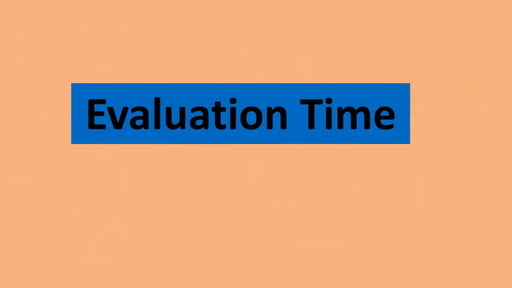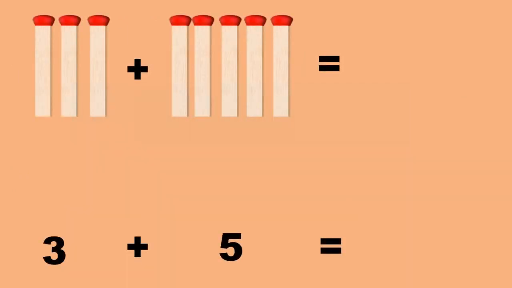Now student, evaluation time. Here we have number 5 plus 3. So first we have to identify which is the bigger number. Yes, 5 is a bigger number. So we have to add 3 more number to 5. So we have to count after 5. Still how many steps? 3 steps. We have to go forward after 5. 6, 7, 8. So what answer we got? Yes, 5 plus 3 is equal to 8. Very good.